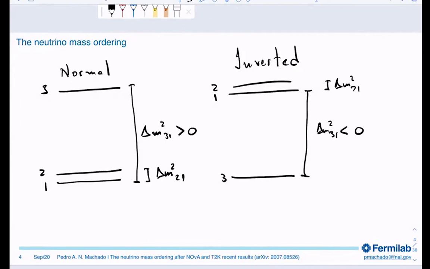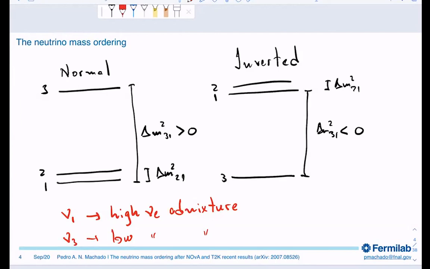One question you can ask is, well, 1, 2, and 3, these are just labels. So it's kind of dumb to try to order arbitrary labels. But these do not necessarily need to be arbitrary labels. You can say that nu1 is the neutrino with the highest nu-E admixture, while nu3 is the one with the lowest nu-E admixture. So basically, I can define physically what my nu1, nu2, and nu3 are, where nu1 has the highest admixture of nu-E. And if I do that, then there's no arbitrary convention here anymore.